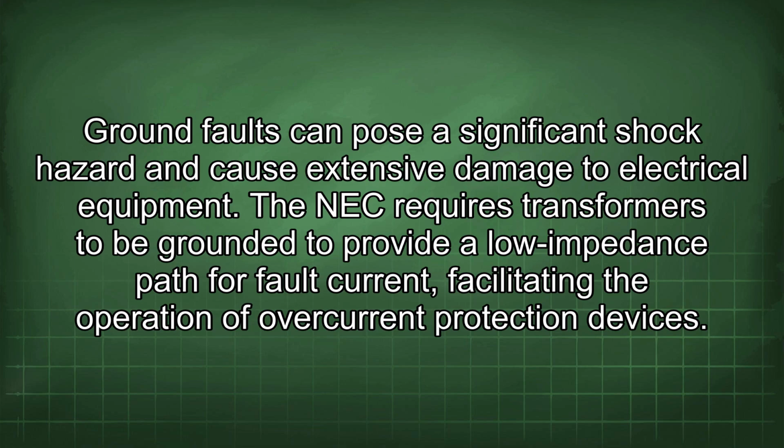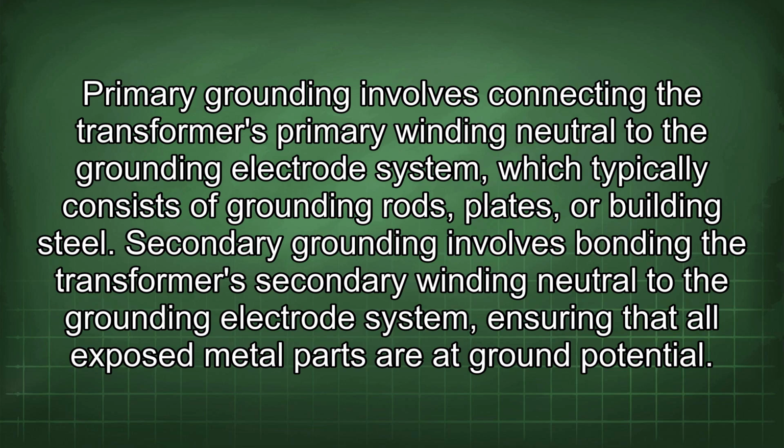overcurrent protection devices. Primary grounding involves connecting the transformer's primary winding neutral to the grounding electrode system, which typically consists of grounding rods, plates, or building steel. Secondary grounding involves bonding the transformer's secondary winding neutral to the grounding electrode system, ensuring that all exposed metal parts